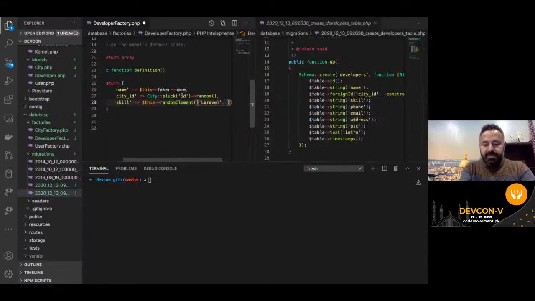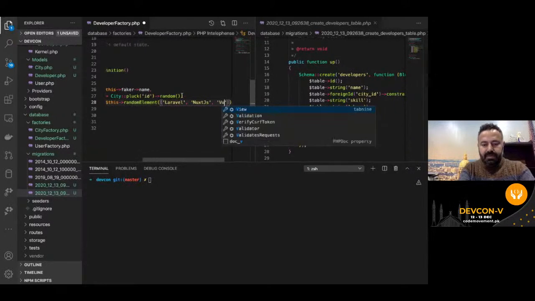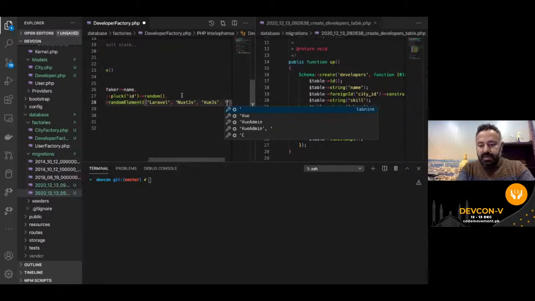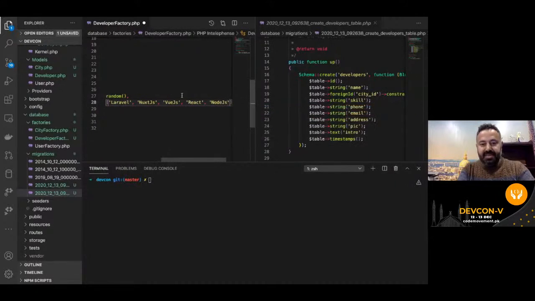So we can say Laravel, Nuxt.js, Vue.js, and yeah, just to make everyone feel happy, React, Node.js,